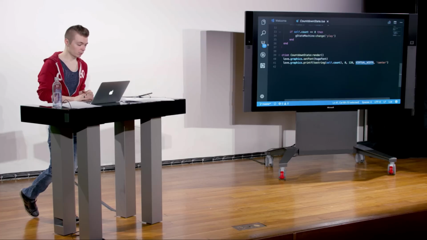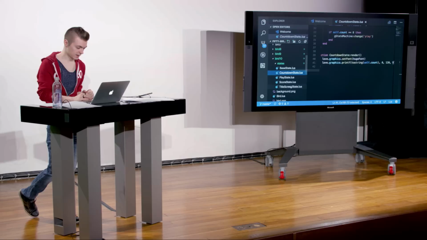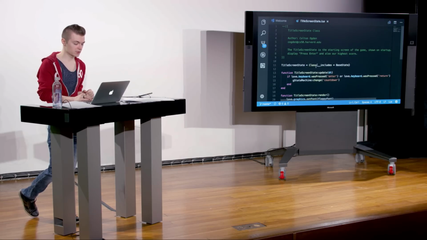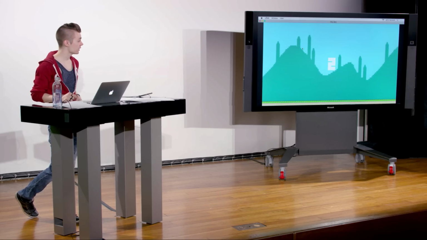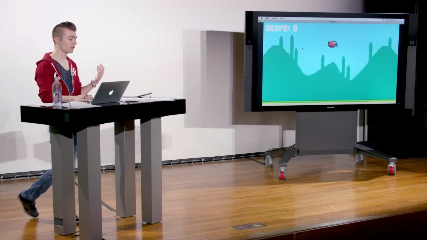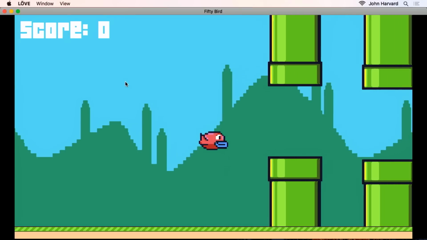So the one last piece that we need to change is in our title screen state. Instead of going straight to a play state here on line 15, we're going to a countdown state. And what this has the effect of doing, if we go into bird 10, is when we press enter, notice that we're going 3, 2, 1, then going into our play state, not just going straight into the play state as before, giving our user a little bit of time to sort